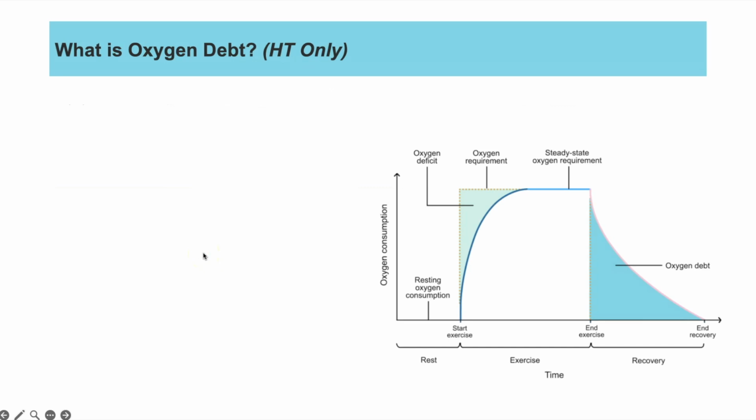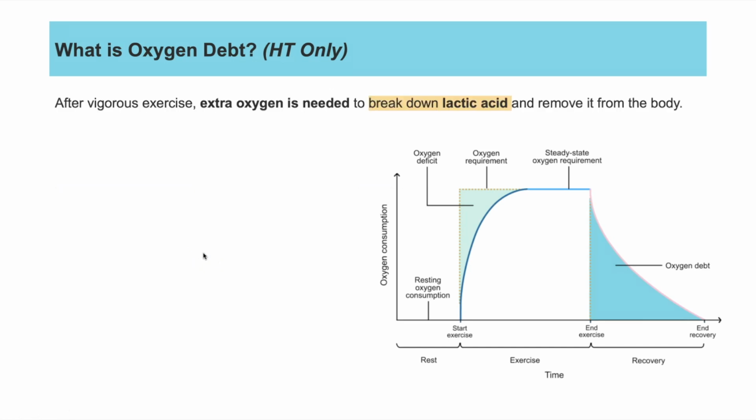This next bit is for higher tier only, and it's going into more detail about the oxygen debt. So after that vigorous exercise where aerobic respiration wasn't able to continue because you didn't have sufficient oxygen being supplied to your cells, you get what's known as an oxygen debt. And extra oxygen is needed to be taken in, so gas exchange where you have the oxygen from the alveoli diffusing into the blood. You need to get more oxygen so that you can break down the lactic acid so it can be removed